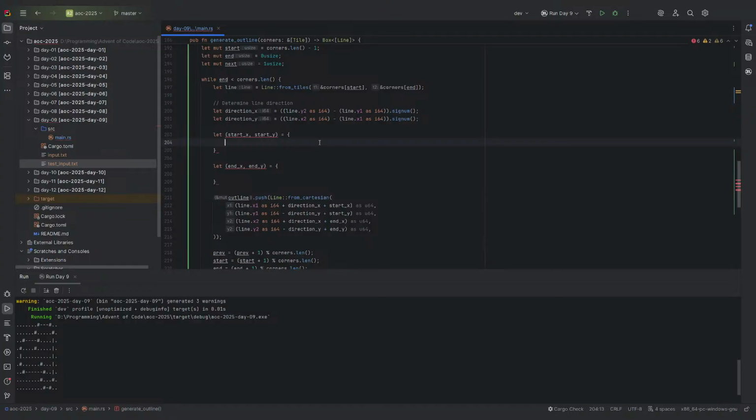So for the start, I need to determine if from previous, start and end form a left-hand turn. And then dependent on direction, I need to add 1 or subtract 1. For example,